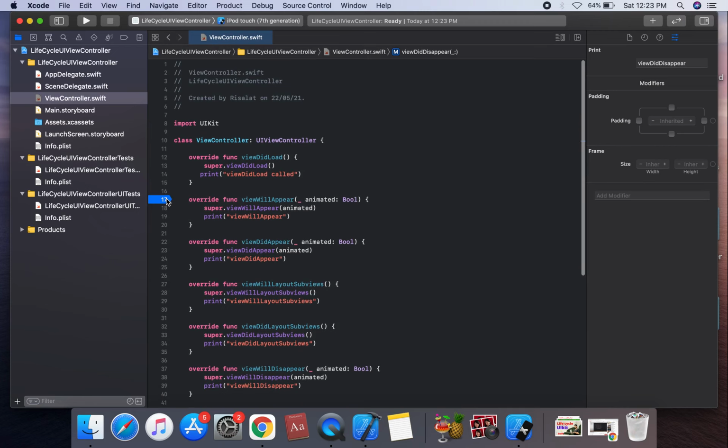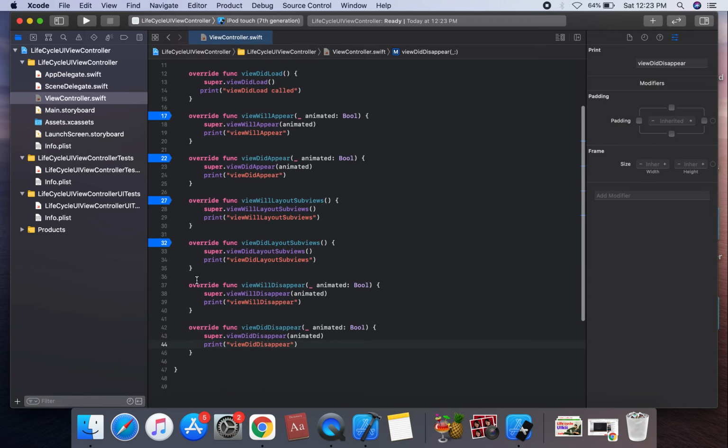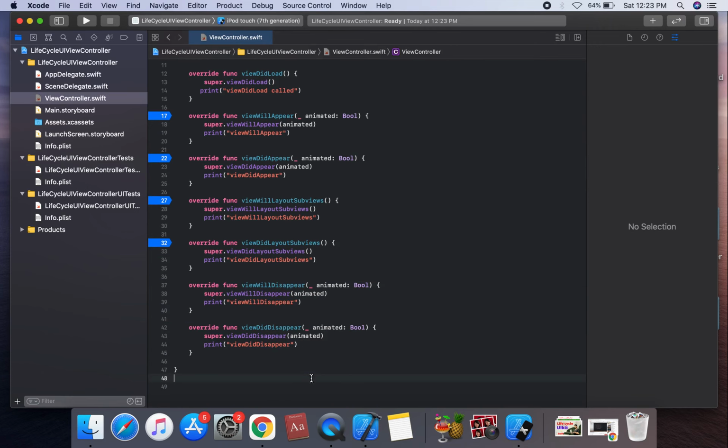We can create a breakpoint. This method is viewWillDisappear, for stopping music and other tasks.